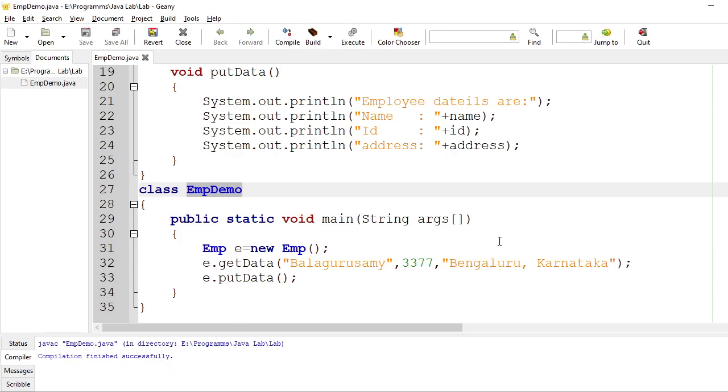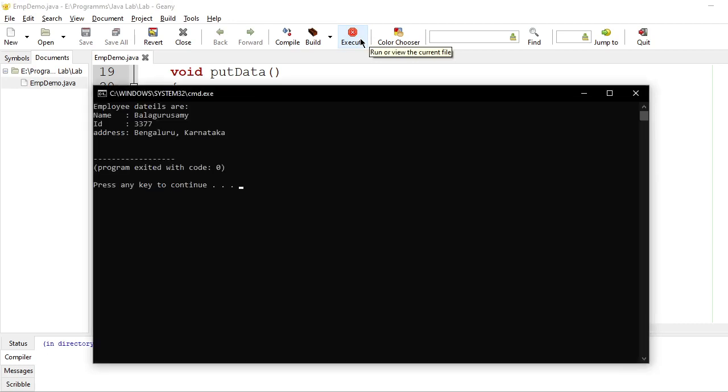If you get any compilation error, just go through that error and check what mistake you made. The Java compiler is very fast and very accurate, so it gives the error showing the actual mistake you made in the Java program. You just correct it. Now once you are done with this compilation, build it and execute it.